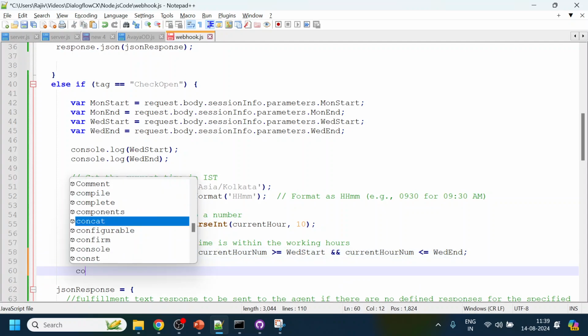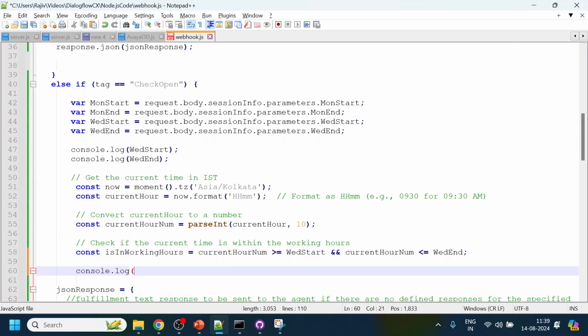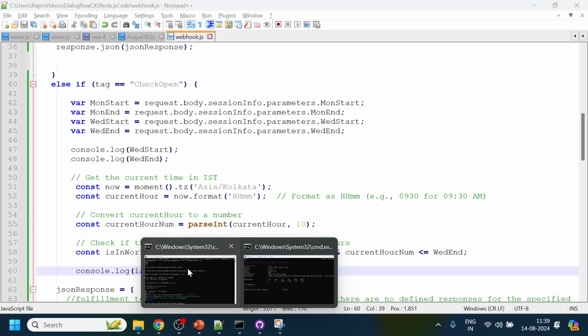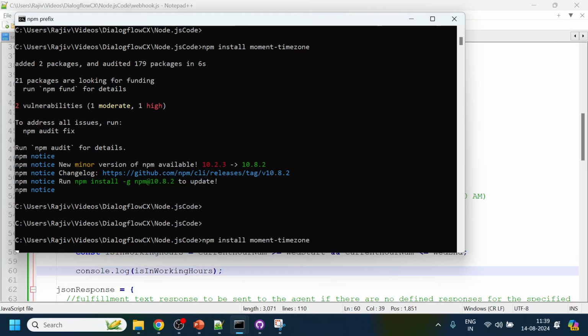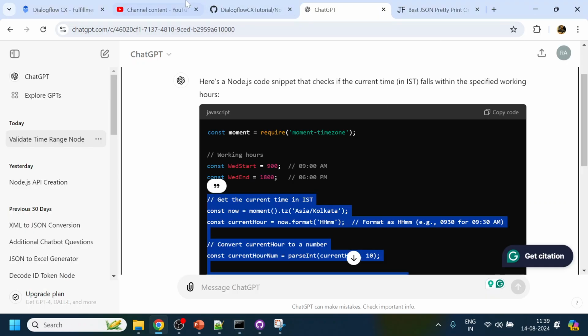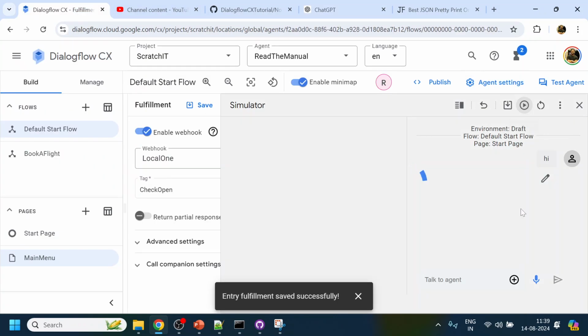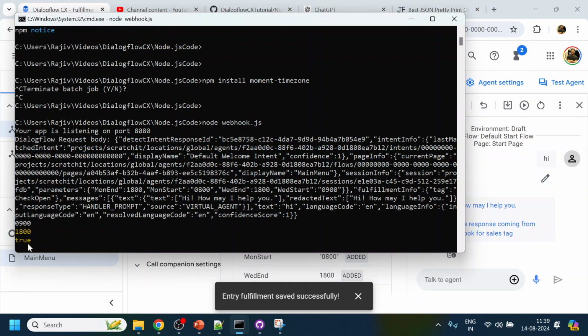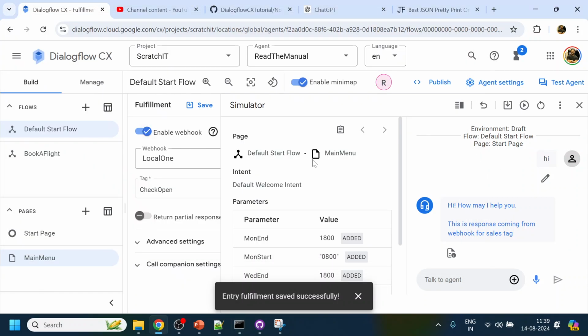Just to check, console.log, print that hours, right? So let's do Control C, run, oops, run again, test it out, run, run. So it is within, okay. And if I change the value,